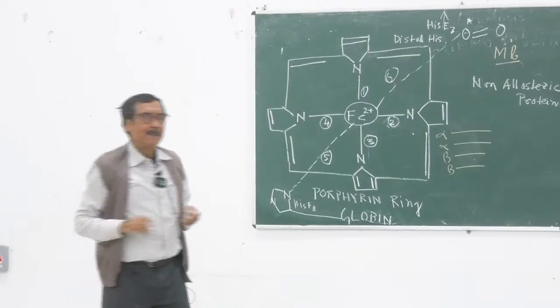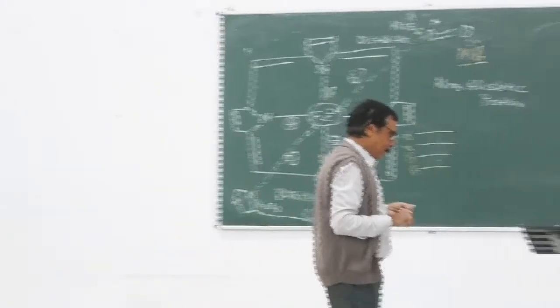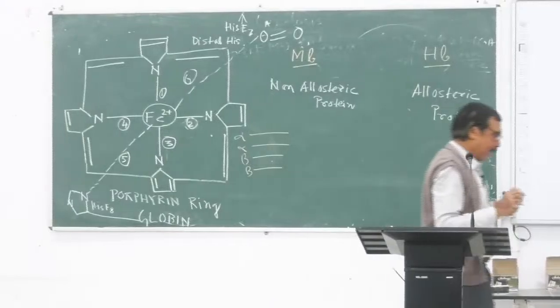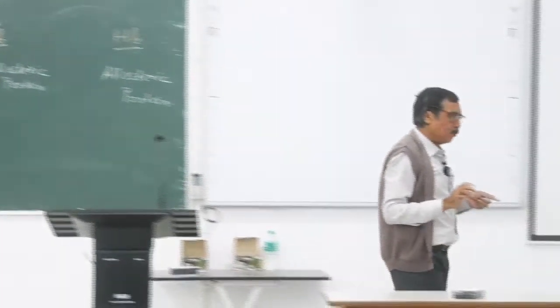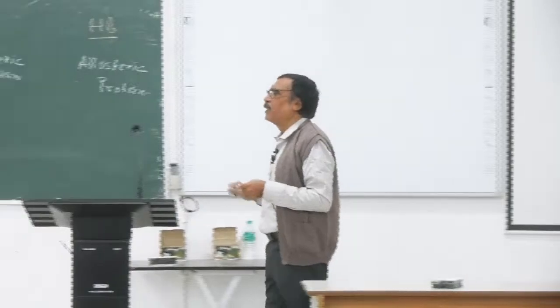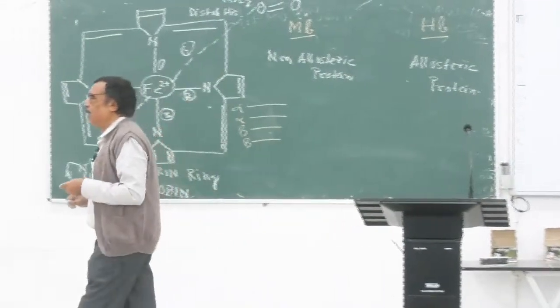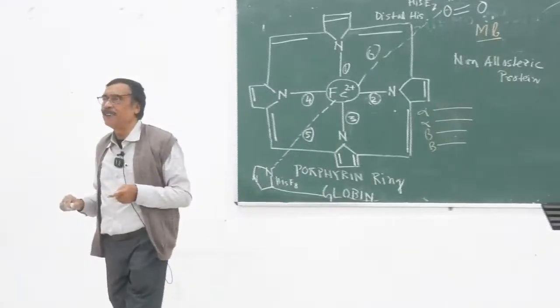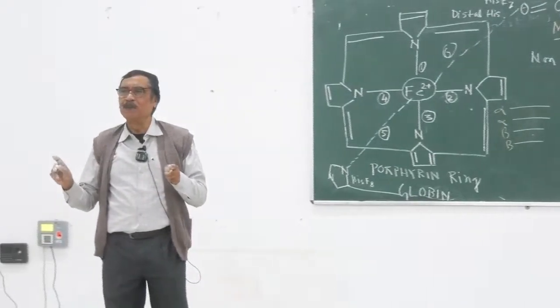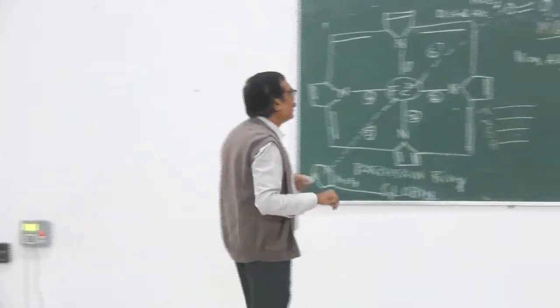When a function of a molecule is modified by some other molecules, সেই মলিকুলকে বলা হয় অ্যালোস্টেরিক মলিকুল। In case of protein it is allosteric protein. অ্যালোস্টেরিক প্রোটিনের ফাংশন ডিপেন্ড করছে অনেকগুলো ফ্যাক্টরের উপর, কিন্তু এক্ষেত্রে কিন্তু সেটা কাজ করছে না।